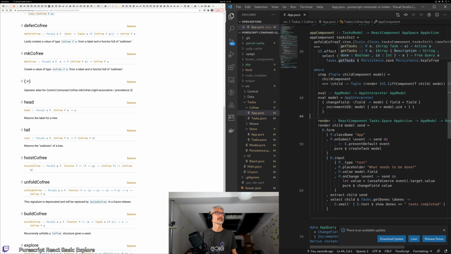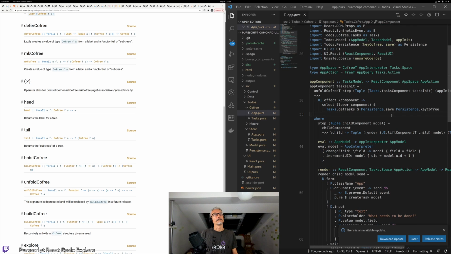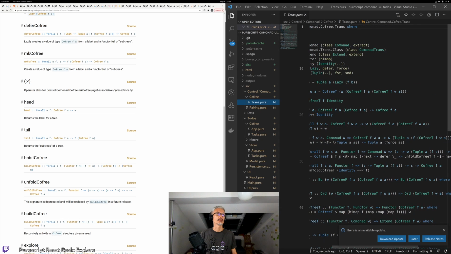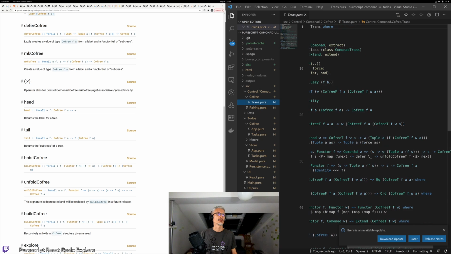And get task takes so save core3, this guy, and that creates an action A. Use unfold core3 T, which I remember how to build yourself here. It works for any functor f, and